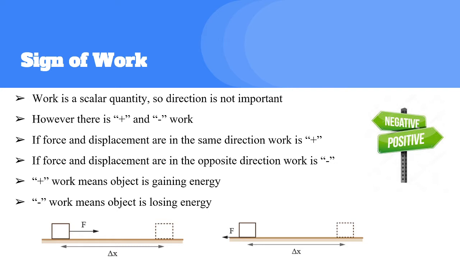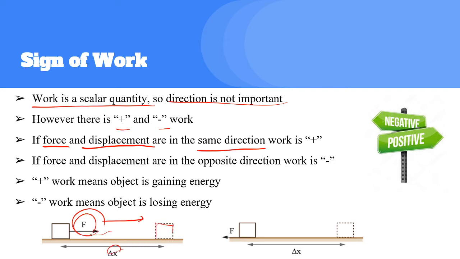And the sign of the work in that case, similar thing, work is a scalar quantity. However, that means direction is not important. But what is the meaning of positive and negative work? So if the work is positive, then that means displacement and the force are in the same direction. So for example, this guy is applying the force and the object is basically moving forward, so displacement and the force are in the same direction. So that means the object is going to actually gain some energy,